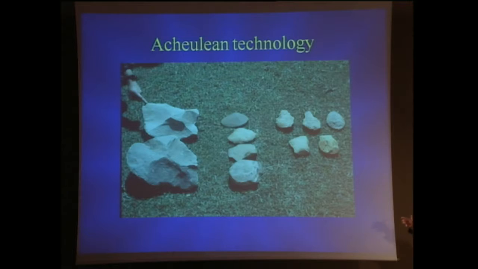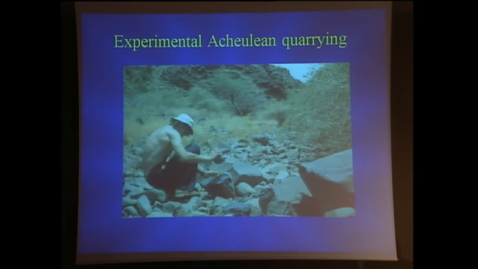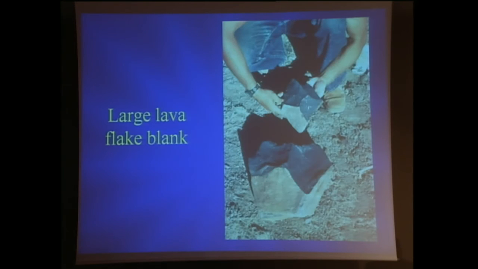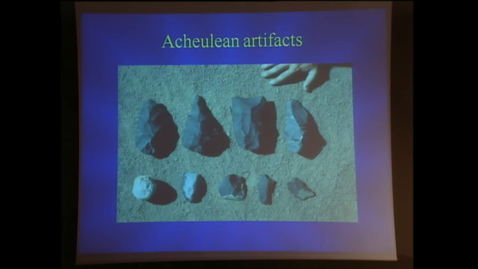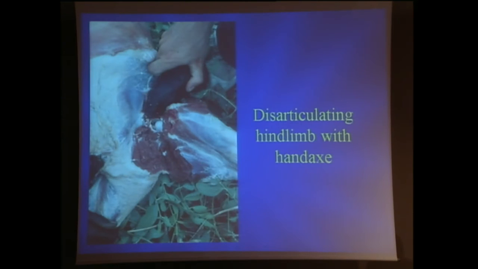All right, and then with the origins of the Acheulean, knocking off large flakes from megacores and producing these hand axes and cleavers. These are from Stellenbosch in South Africa. Experiments have shown that with a heavy hammerstone, you can knock off these big flakes and produce these hand axes, cleavers, and picks usually in a matter of minutes. And we don't think of them so much as Swiss Army knives. We think these are heavy-duty butchery tools for cutting up the haunches of large animals.